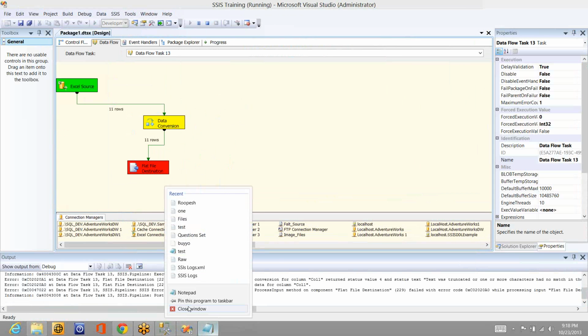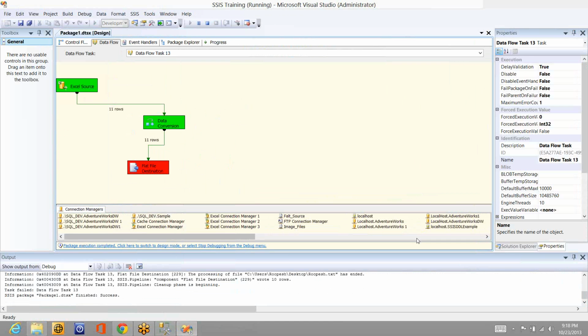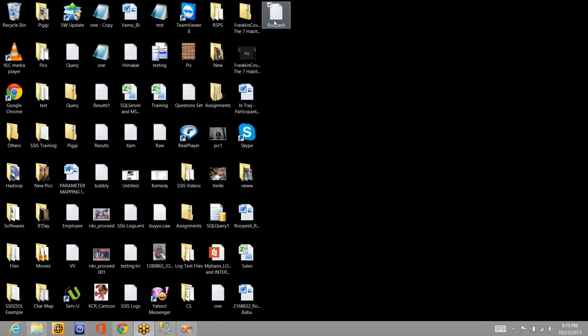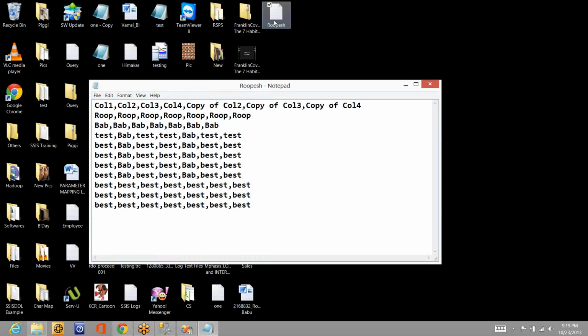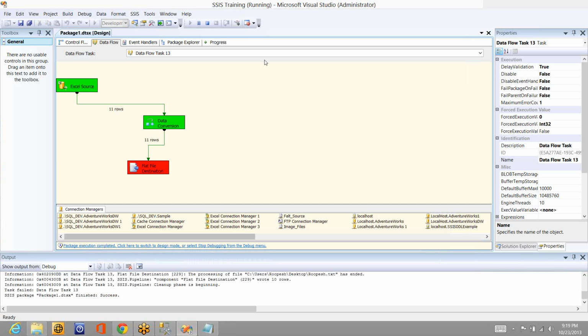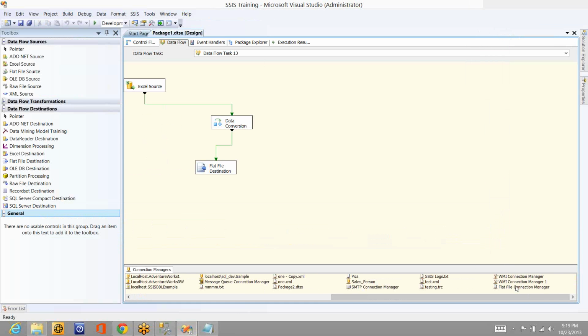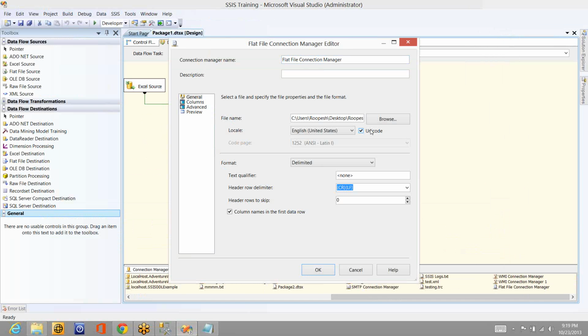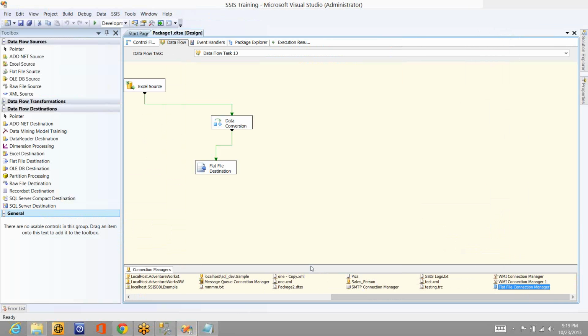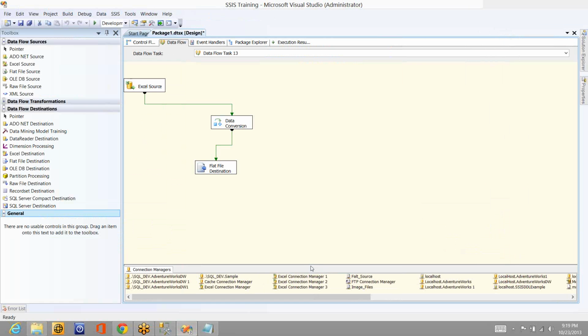connection properties. Let me close this, and you can see it is throwing an error. That doesn't mean it has not written any record. It has written all the records that have the character set that falls in the code page we have set. But when the Chinese character stuff comes into the picture, it throws an error because it doesn't support that character set. Now to solve this issue, you just need to go to the connection manager and check the Unicode option and click on OK, so that it will load all kinds of character sets. So that's it about the flat file destination